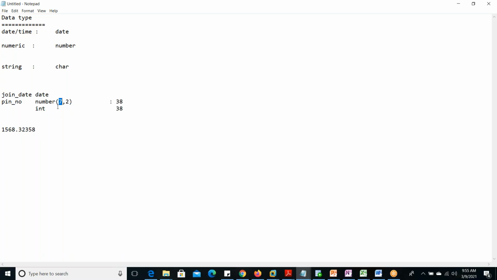One part is compulsory, not only these two parts. This part is compulsory, you need to specify it. The second part, if required, you can specify, otherwise ignore it. This is the optional part. The first one is compulsory. So the maximum we can give is 38, not more than that, but we have to specify.